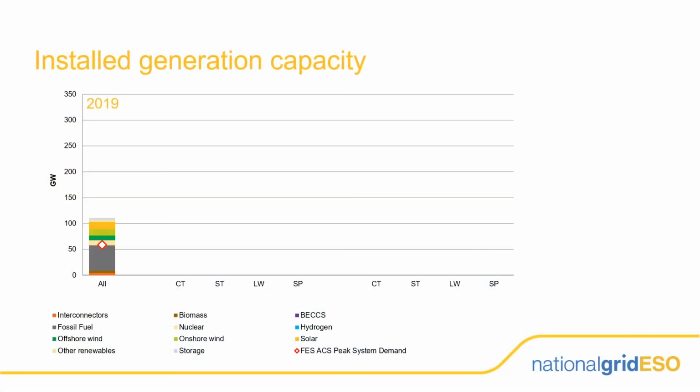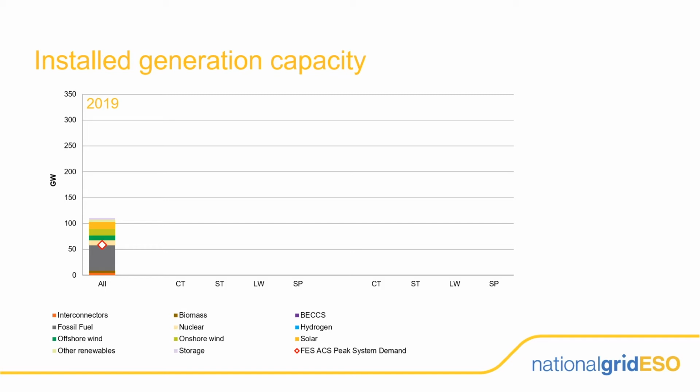Because we're looking at capacity, the y-axis on this chart is in gigawatts. And I'll start by bringing on the data as it stands today. The overall capacity is driven by the peak demand. That's shown as the diamond overlaid on top of the chart. Overall capacity is also driven in part by the amount of intermittent renewables and the amount of flexibility in each